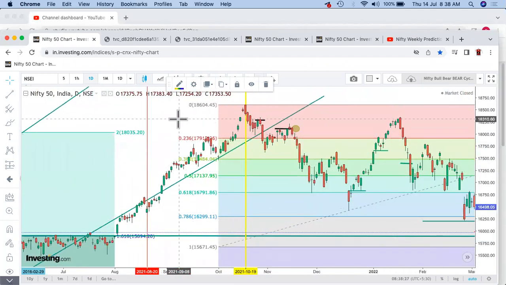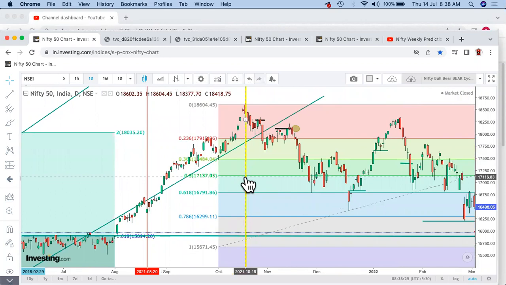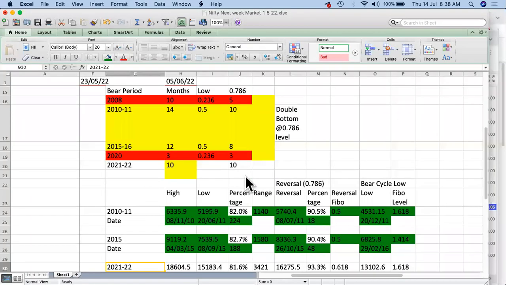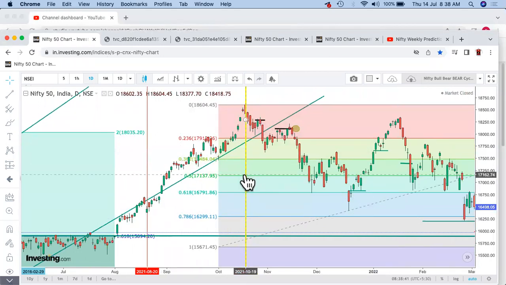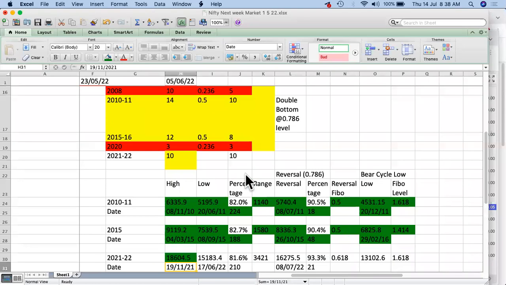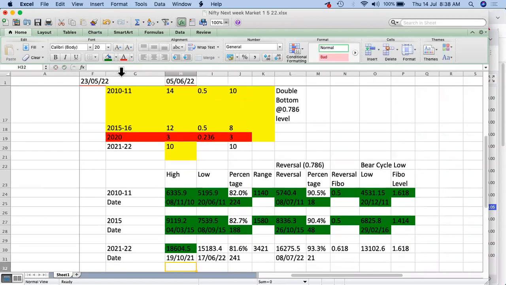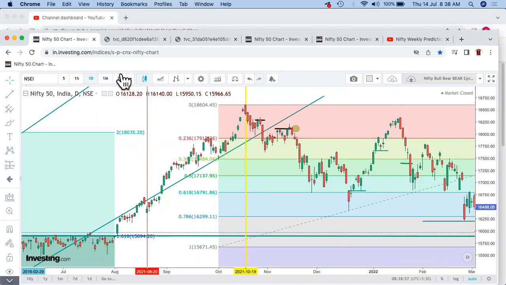So we had a high. The high level was 18604.45. Mark 18604.45, right? And the date was 19/10/2021. Right? So this was the first one. And after that,